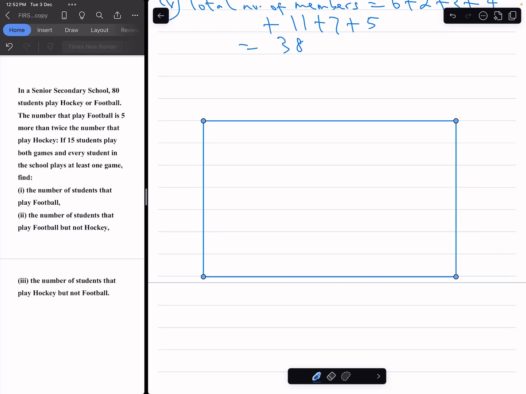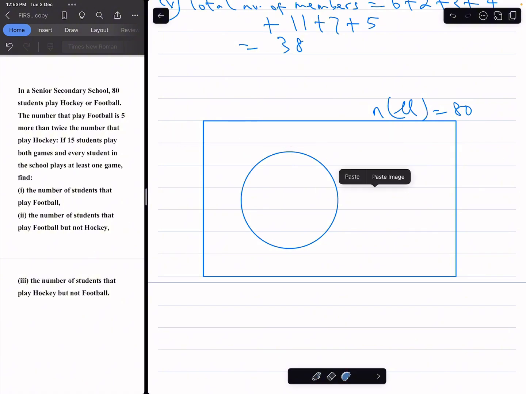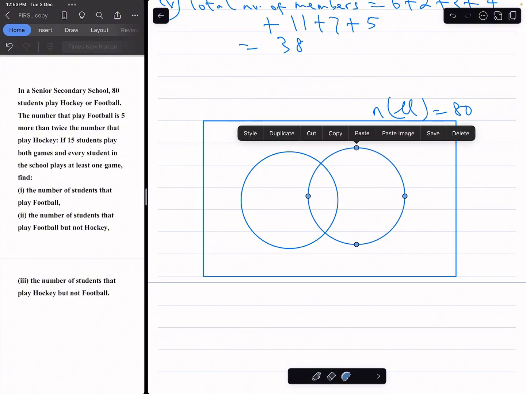In a senior secondary school, 80 students play hockey or football. That means the number of elements in the universal set is 80. Let this be the set of students that play. Let that be the set of students that play hockey, and this second circle represent the set of